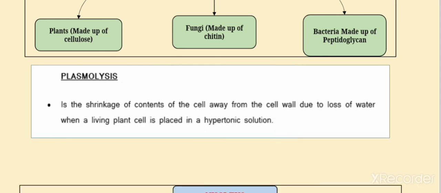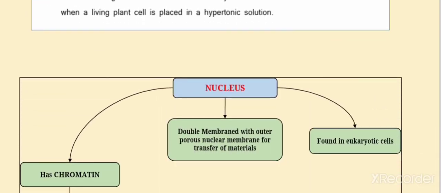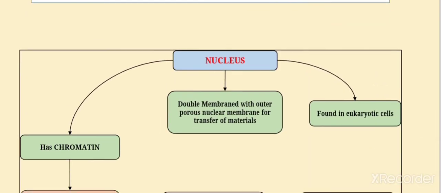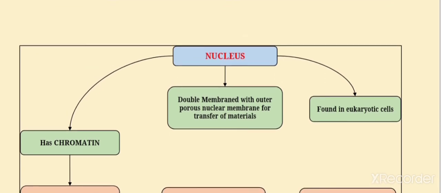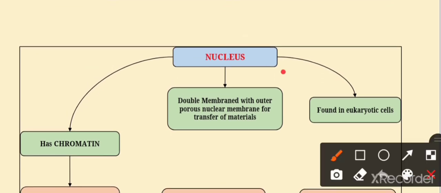Now after this you have the second component of the cell. The second main part of our cell is the nucleus. So the nucleus is a very important part of our cell. Why is it more important? Because, first of all, it is found only in eukaryotic cells, means in which the nuclear membrane is present surrounding the nucleus. Only in this case is the true nucleus present, found only in eukaryotic cells.